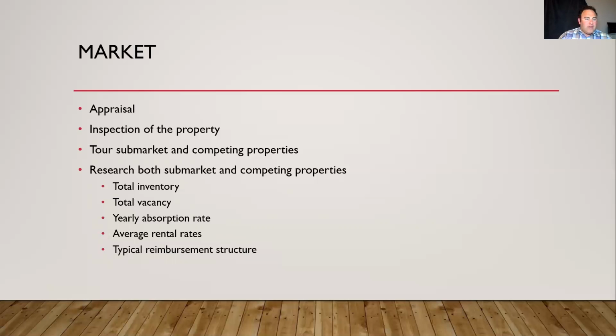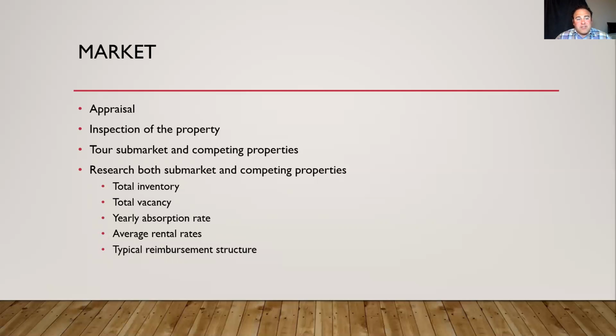We want to look at total inventory, total vacancy, yearly absorption rate, right? If we have 100 units in a 500 unit apartment complex to fill, what's the absorption rate? How long is it going to take us to fill that? And do we have that factored into our model? Average rental rates in that market, submarket,